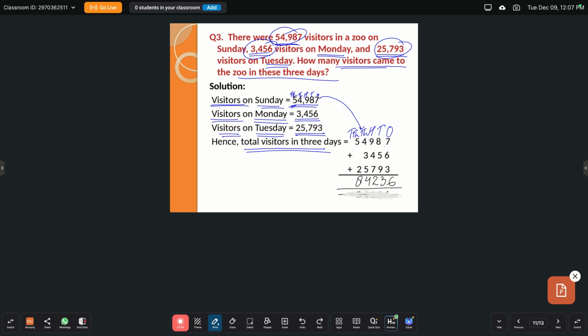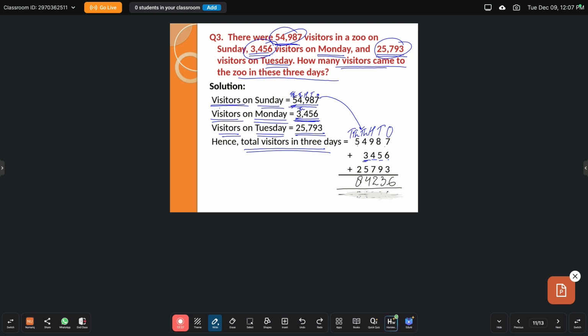So you will start writing this number from 10,000s place. Now we will add the number of visitors who came to zoo on Monday. It is 3,456. Here this 3 is at thousands place. So I will not write this 3 here at 10,000s place. I will write this 3 at thousands place. It is here